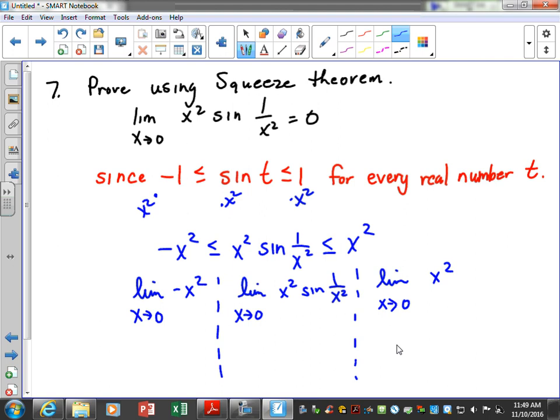So now let's substitute. What would be the limit of this particular function? The limit is 0. Good. Okay. What about over here? Plug in 0, that's just going to be 0. So if it's in between both of these, then what does that tell us about this function that we're not able to compute? Just 0. Okay, so by the squeeze,